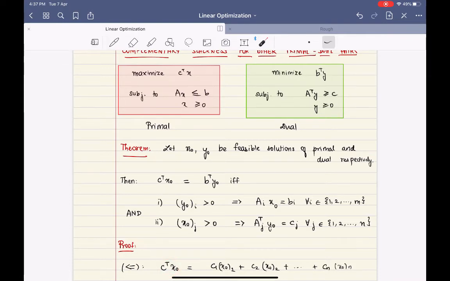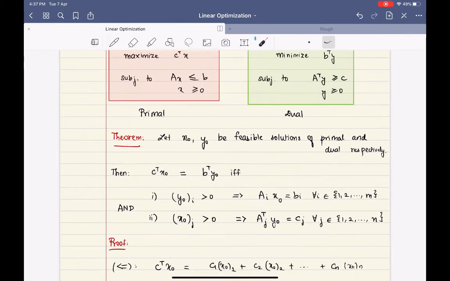This is nothing but C1 times x01 plus C2 times x02 and so on, plus Cn times x0n. Okay, so here is where we will use this condition. See, x01 is either 0 or strictly bigger than 0. When it is equal to 0, this thing doesn't get counted, and when it is strictly bigger than 0,